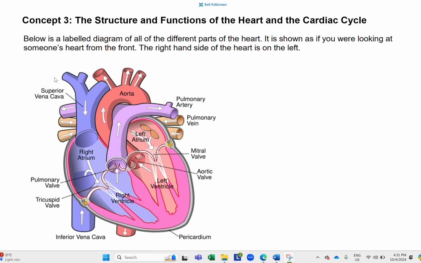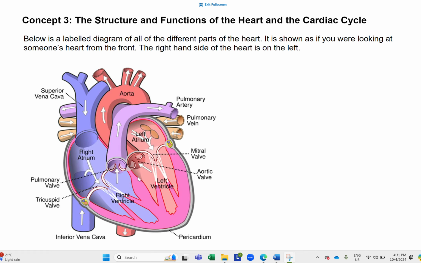So we take a look. We have the superior and the inferior vena cava, which go into the right atrium. So this is receiving blood from the body. It's colored a bluish purple color because it is low oxygen, high carbon dioxide. From there, the blood goes into the right ventricle. So you'll notice the upper